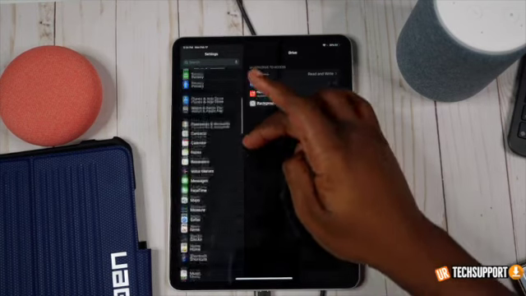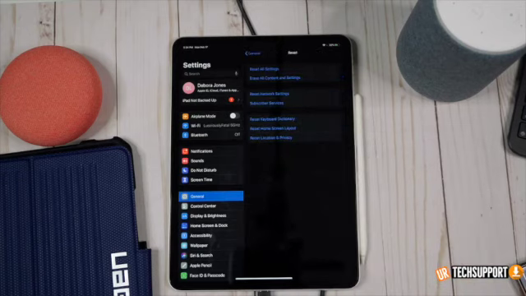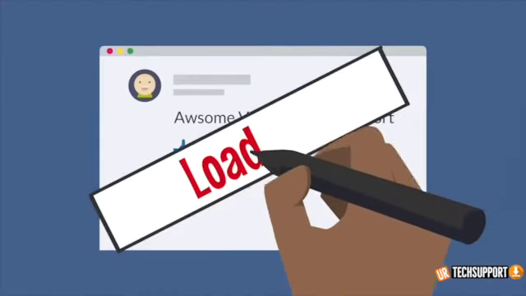Again, that's going to be in general, reset, and you can try resetting your network settings and your overall settings on the iPad itself to see if that helps as well. And if none of that works, then your next best step is to just erase all the content and settings of the iPad and reset it back to factory settings to see if that helps fix the slowness of the iPad. So one of the last issues we're going to take a look at is if your Safari on the